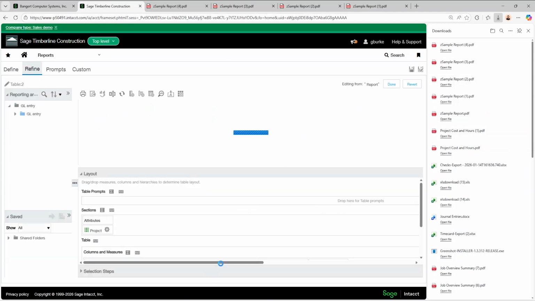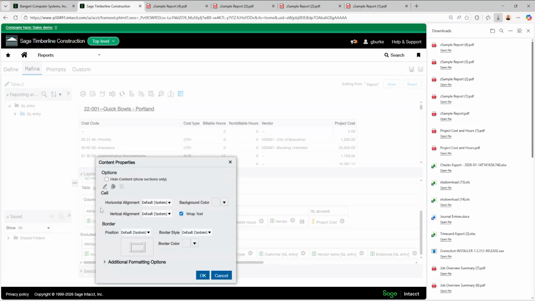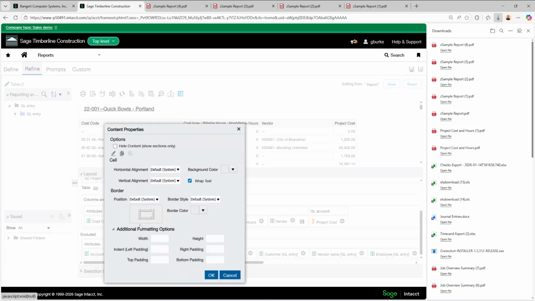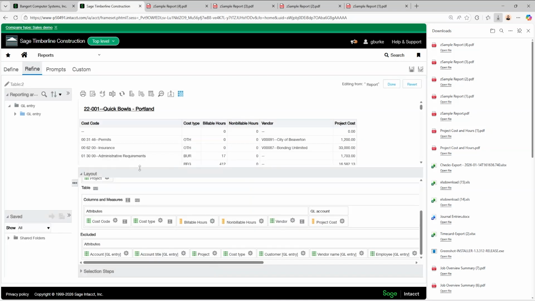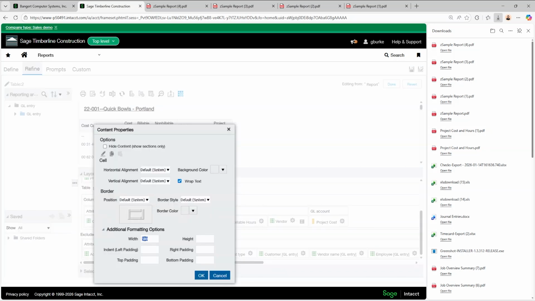So I'm going to go ahead and click the pencil again. And then here we have table properties that we can click on. And we can set a height and a width for this. So I'm going to try out width of 500. That looks like it'll probably be small. Let's try 850.